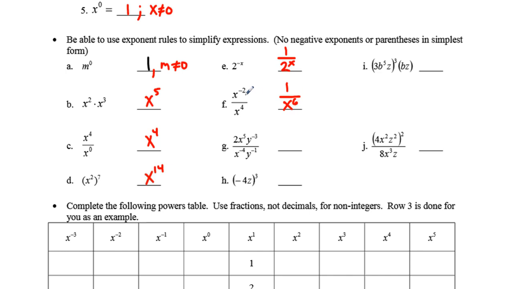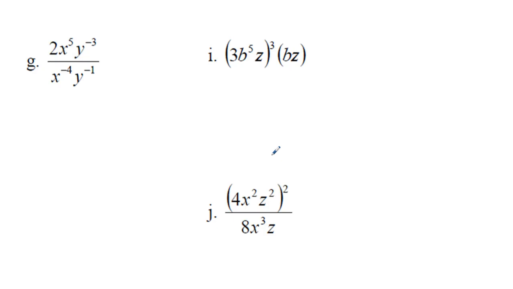There's another way to have thought about it. If you just thought about subtraction, negative 2 minus 4 would be negative 6, and then the negative 6 would become a positive 6 exponent in the denominator. Okay? G is a little more complicated, so I'm going to use a little more space. Okay, for G,